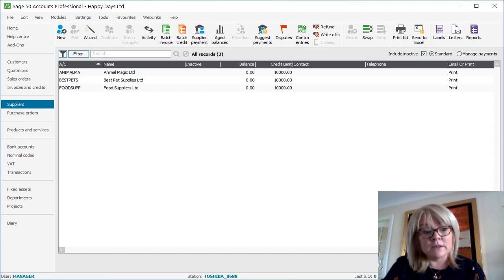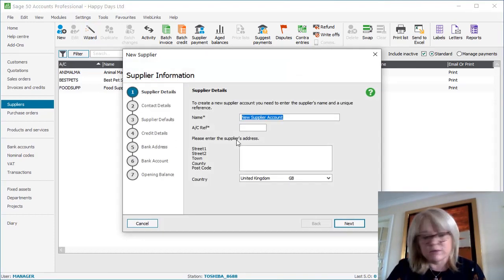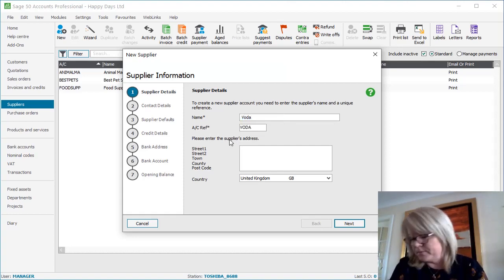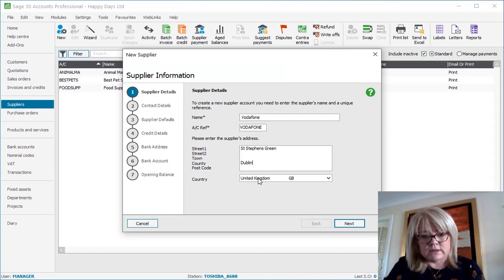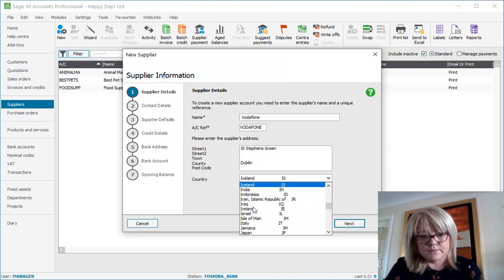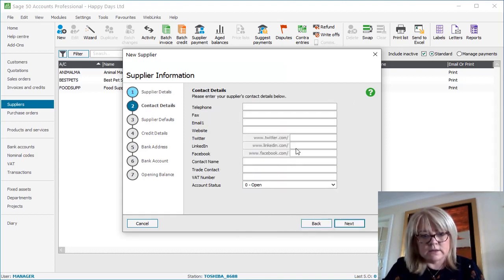Okay, so now I'm on to creating my suppliers. So I have 3 done, and I'm just going to do the next one. And I'm going to take the wizard again with this, and it just steps me through it. So this time the supplier is Vodafone, and that is in St. Stephen's Green. And just put in the address there, and again just to switch the country to Ireland,